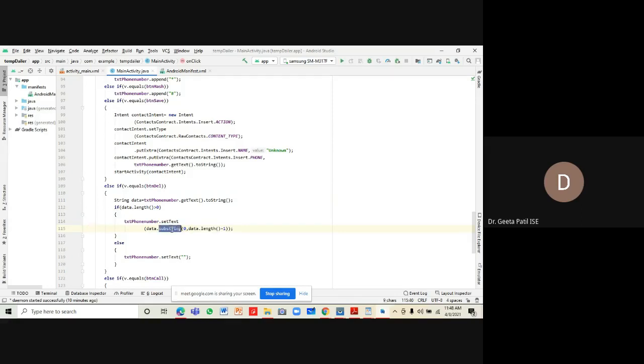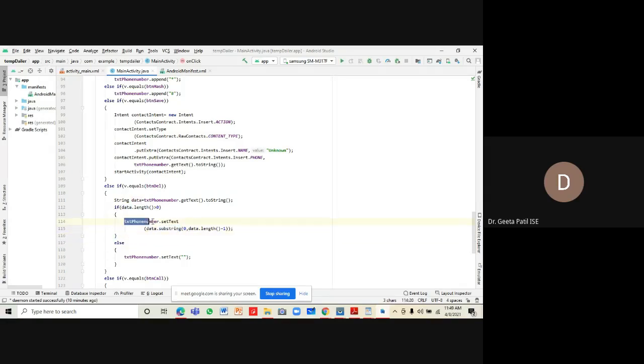Substring will consist of 4 characters starting from character 0. If your phone number has 10 characters, and we use this substring 0 to data length minus 1, so 10 minus 1, 9. So 9 digits will be taken from the phone number. That is what this substring function does.